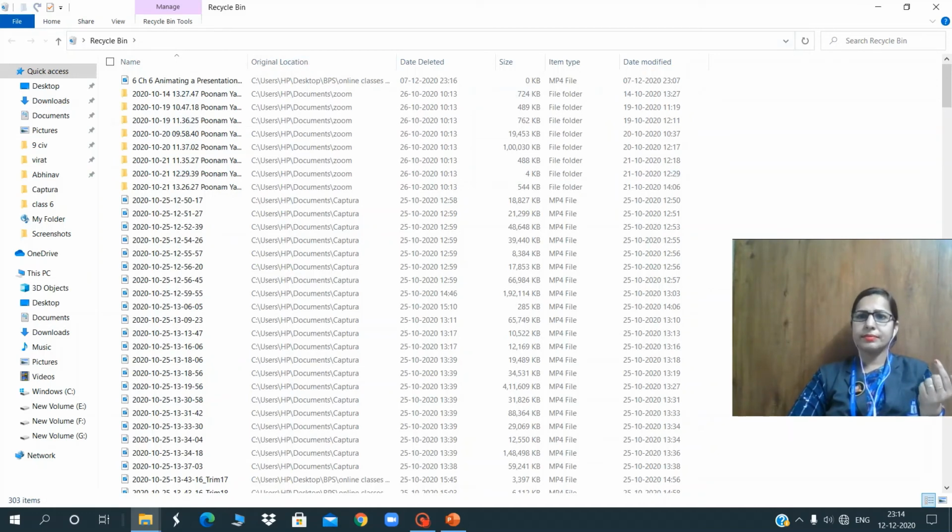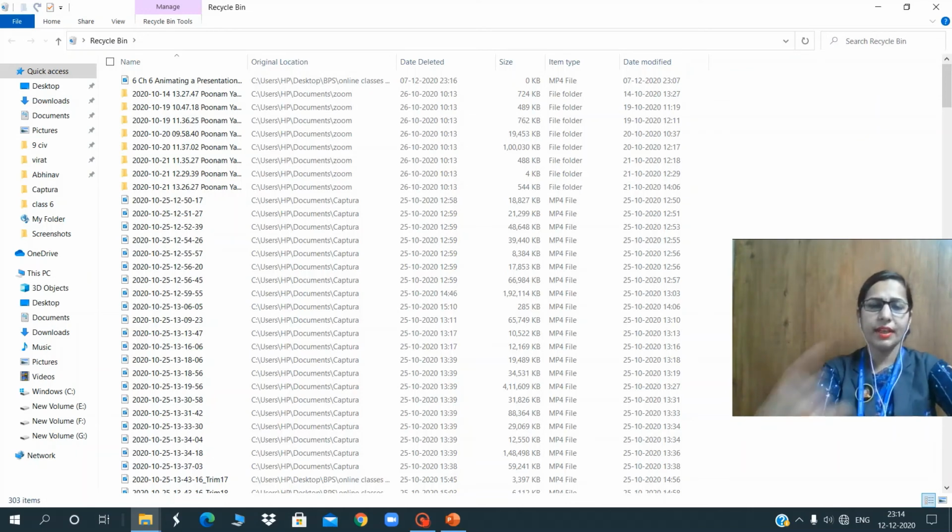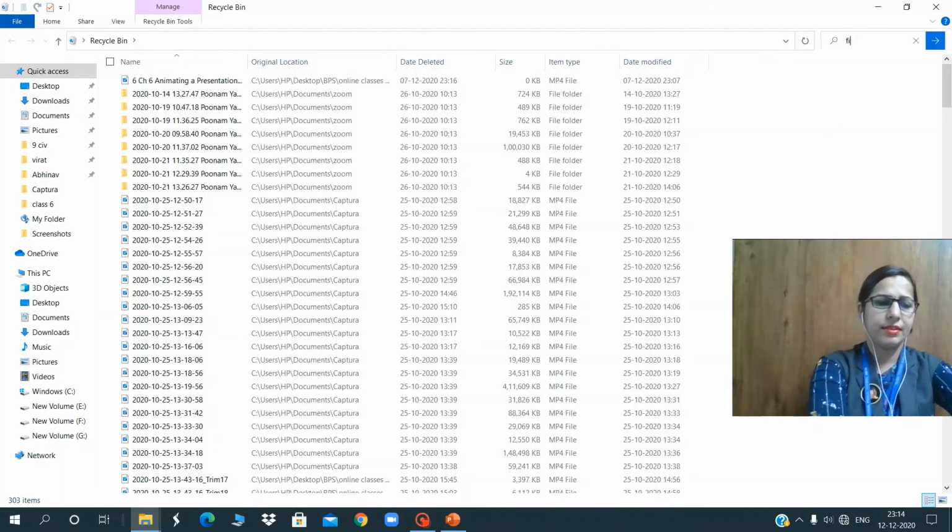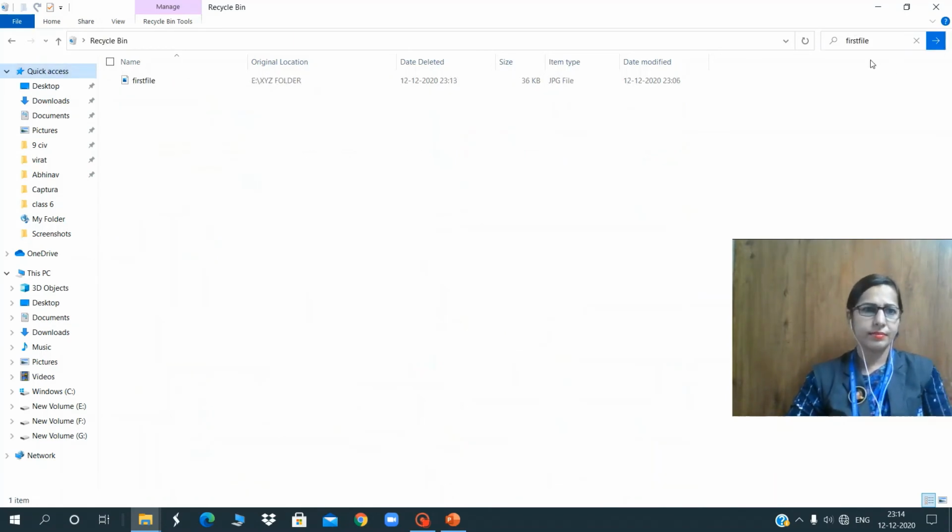First you have to search for that file: go to the search box and write down the file name, whatever you want to restore. I want to restore that first file, and search it.